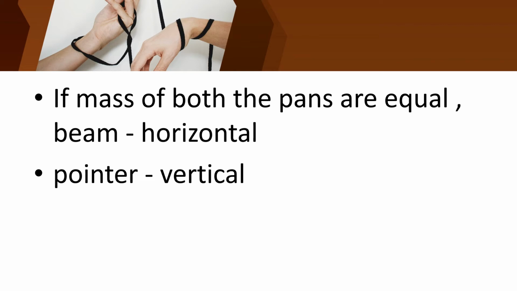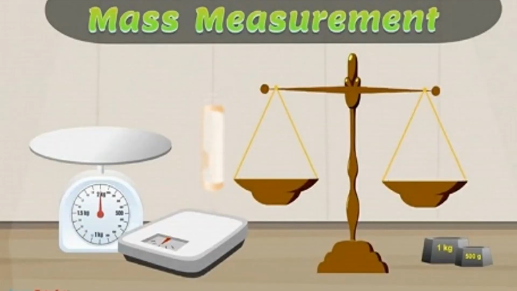Okay children, have you all understood? These are all the instruments to measure mass. This one is the beam balance, that is tarasu. We use the standard weights or standard masses which are placed at the bottom. And these are the electronic weighing machines. Children, by using all these we can measure mass very easily.